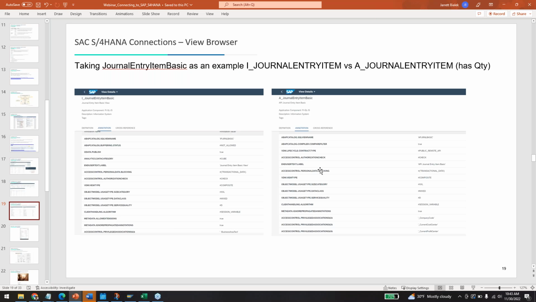So as we look here, I went into the view browser and filtered on everything that was OData publish equals true, because I knew I wanted to replicate this data. We're going to use it in a planning model, but we also wanted the actuals to come from S/4HANA. I filtered on OData publish equals true, and this didn't come up. It got filtered out. So now I'm looking at a bunch of views, but I'm not seeing the view that I really wanted and needed, because based on some of the blog entries,